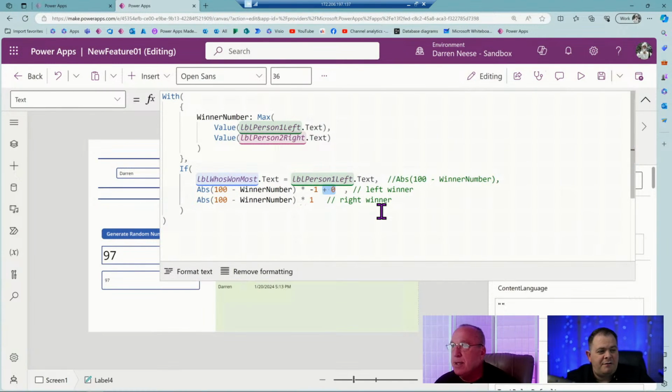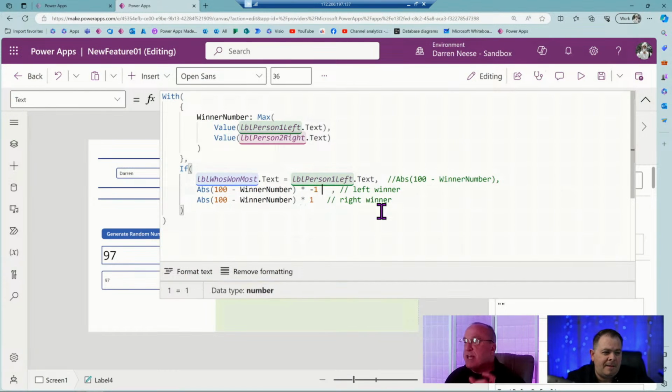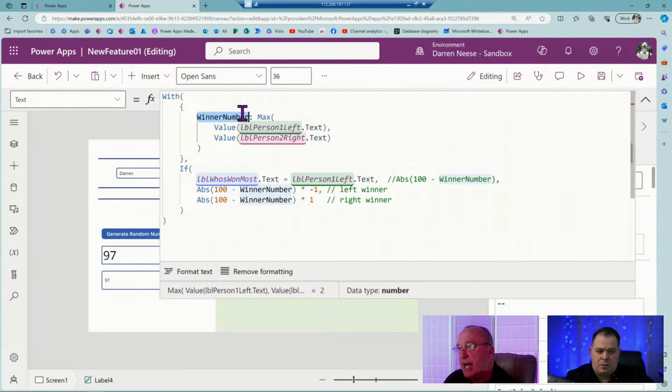What does that mean? Add from 0. In other words, I'm at 0. This is an offset from 0. So it's going to be 0 plus that winning number. I guess it'll just be that winning number, right? That's right. The right side is going to be a subtraction. We've got that exactly backwards, don't we? The right side is going to be a subtraction from 100. So I needed plus that winning number. So we need the -1 on that one, the right side winner.